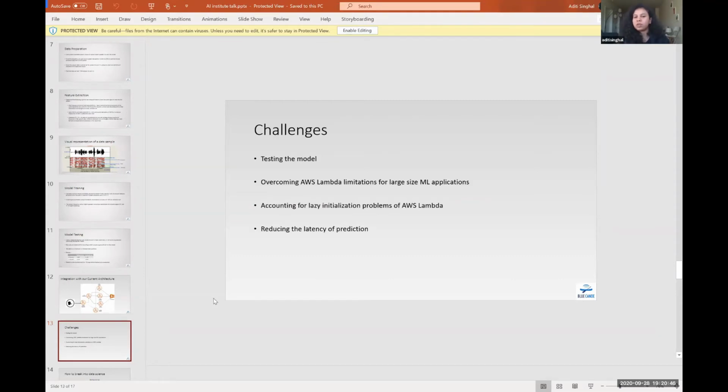So I just used NumPy to extract my features. I had to write all the mathematical calculations myself. And the third problem that we faced was that Lambda functions have an initialization problem, like they have high latency